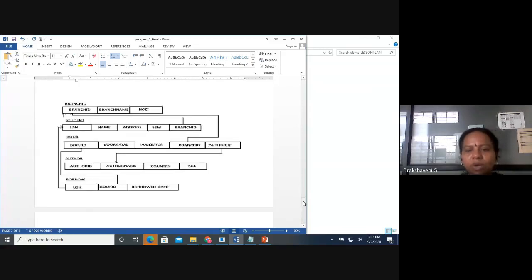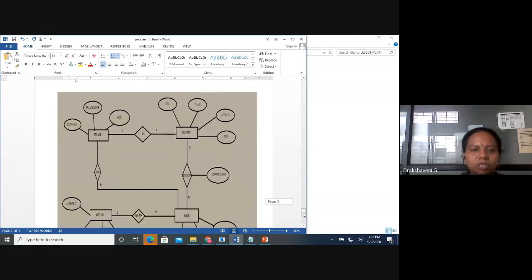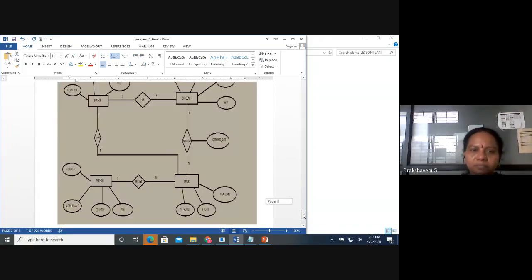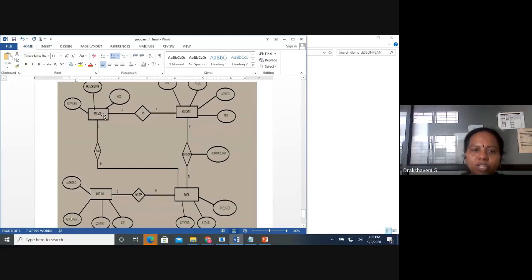Now, what is the ER diagram? This is what the ER diagram says to us. Branch is a table. Student is a table. Book is a table. Author is a table. Borrower has no primary key, so we have just linked it here as the borrower table.